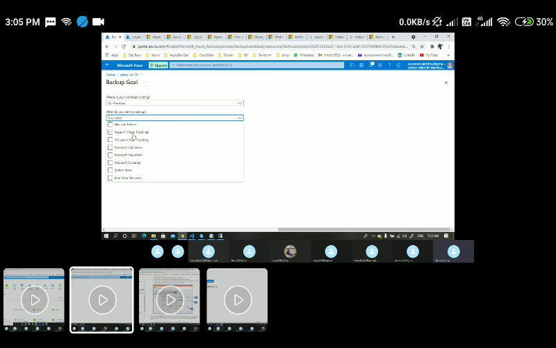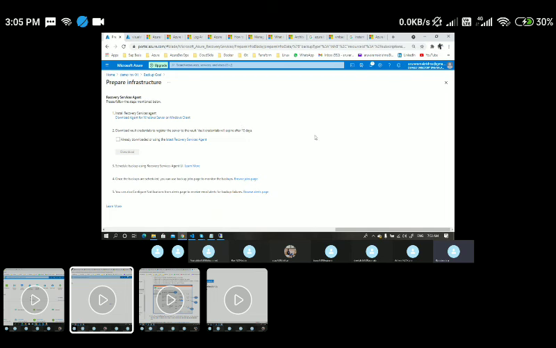Okay, and these things, we can take a backup. So let's say you can go with the files and folders, and for this you need to prepare an infrastructure here. You need to do this by logging into the VM. And if you have access to your on-premises VM, let's say you are already working somewhere and you have privileges to do some POCs on your on-premises servers, maybe you can try.